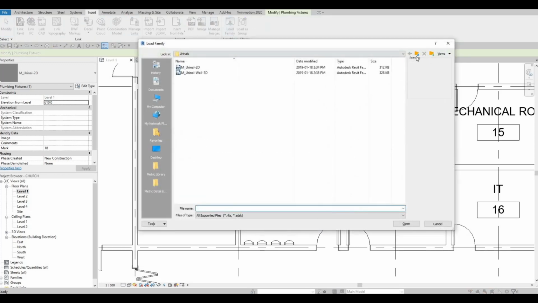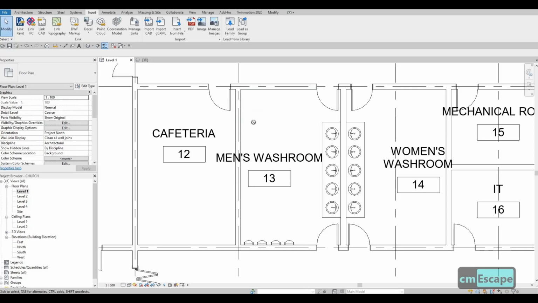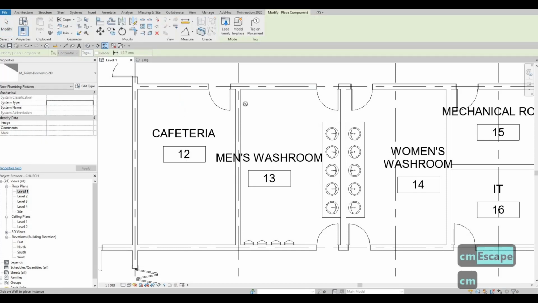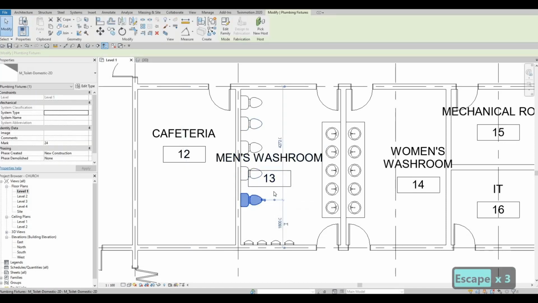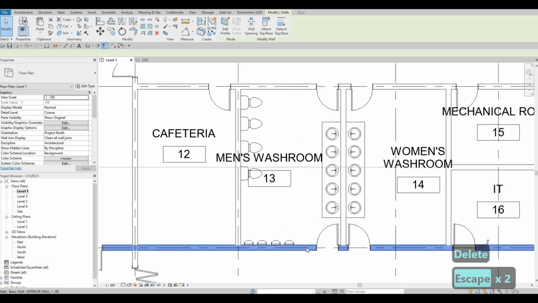So here load family, go back, and then water closet. We could add in our domestic right here. 2D is good enough. CM, CM, and then we could just add this once. And then we're gonna space it out. We could just leave this part right here, and then actually I'm gonna